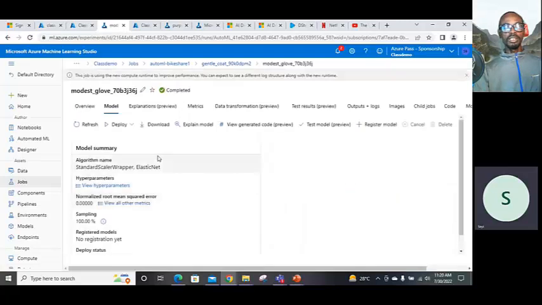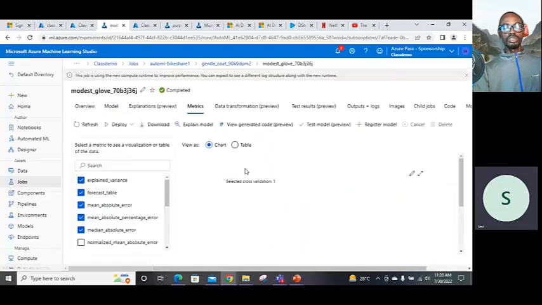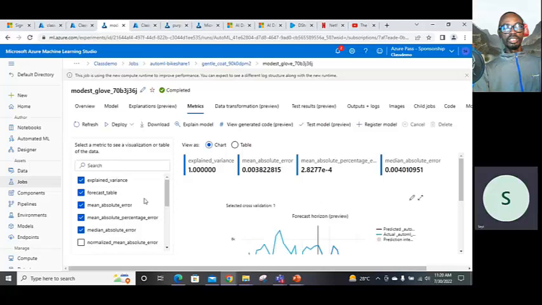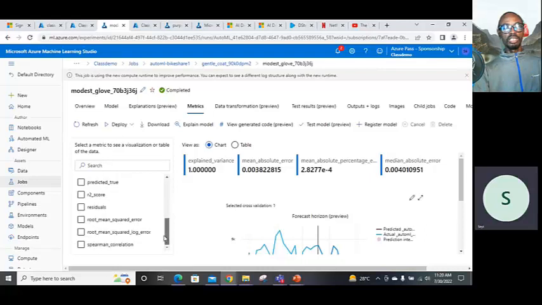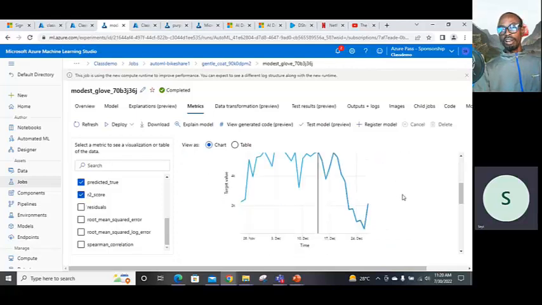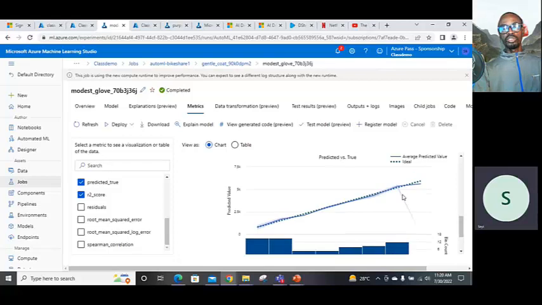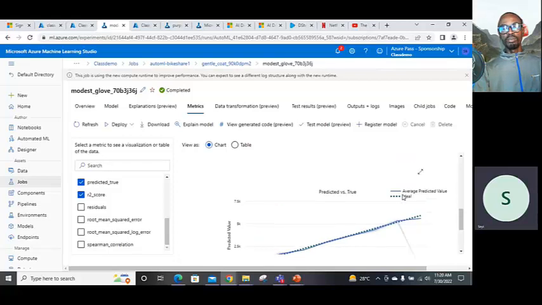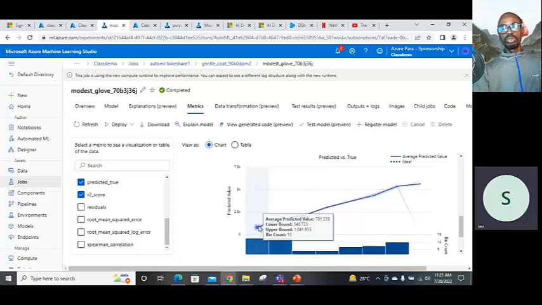Let's look at the metrics. You can see all the metrics used in terms of variance, the forecast table, and you can actually also manipulate. You can predict. You can actually also get to know about the root score if you want. Now, this also gives you additional graph. You can see here, it tells you in terms of the forecast, the prediction, how true it is across the seasons